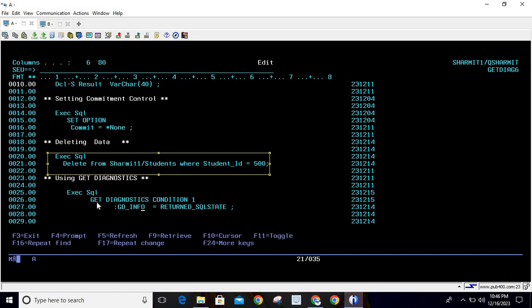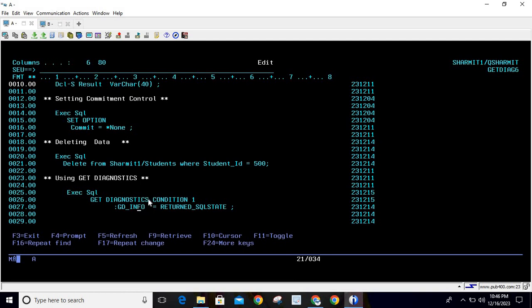If after this Get Diagnostic we run another query and then again use the Get Diagnostic, in that case it will refer to the last executed SQL statement, not to this one. Okay, so wherever you are using Get Diagnostic, it will always look at the previously executed SQL statement, and whatever the SQL status we are getting from there, it will be fetched into this GD info,